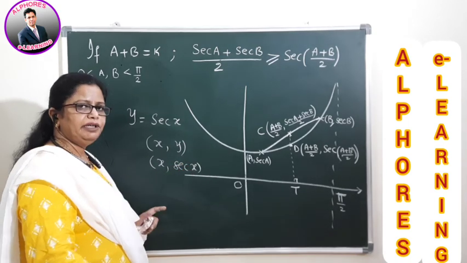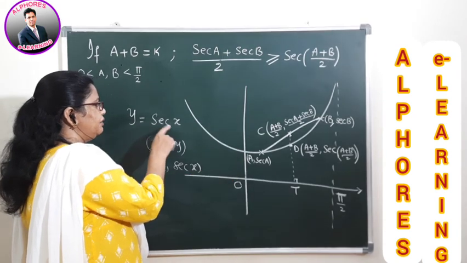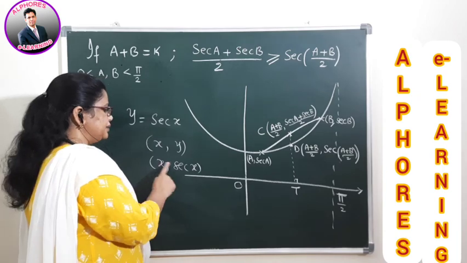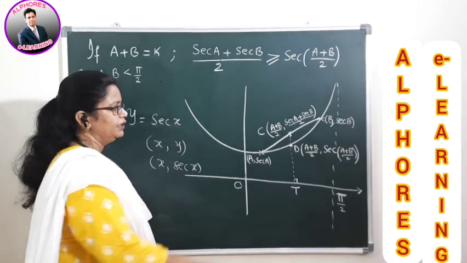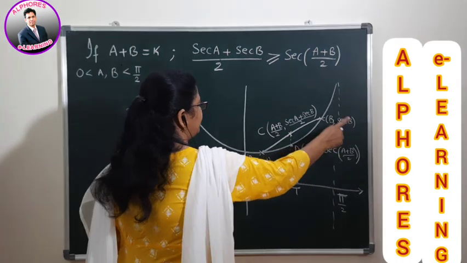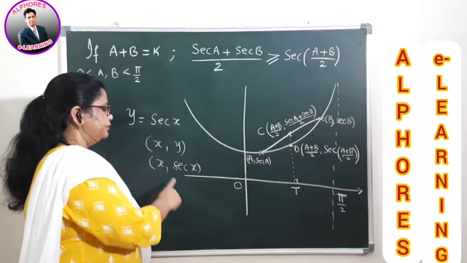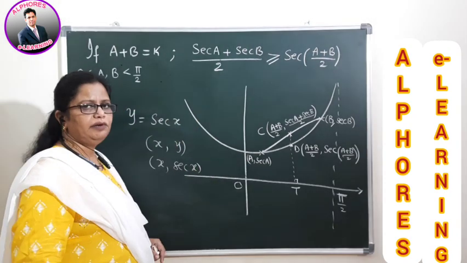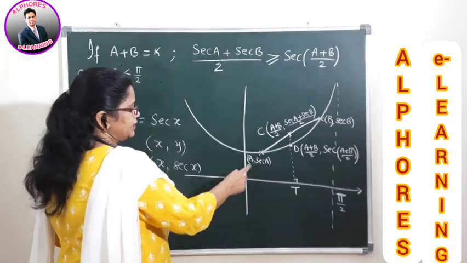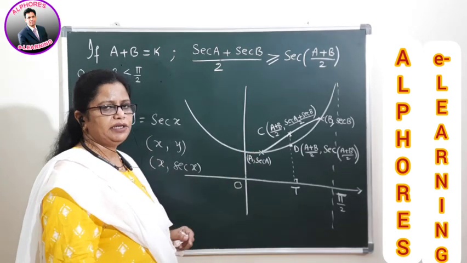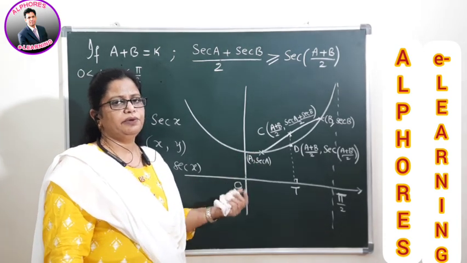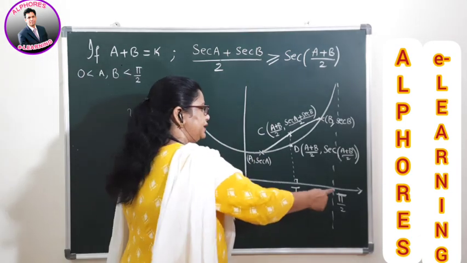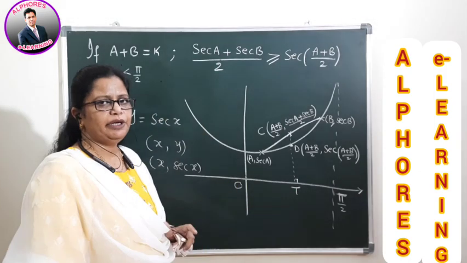So whenever any point is on the curve y equal to secant x, suppose I am taking here a, one value, then correspondingly the ordinate is secant A. And if you take b here, then correspondingly the ordinate is secant B. That means this is a point on the secant curve, because this is our y equal to secant x graph. Moreover, this angle A is nothing but some pi by 6 or pi by 3, 45 degrees, etc., some value, and in the same way B also. So we have taken the graph between 0 and pi by 2 here.